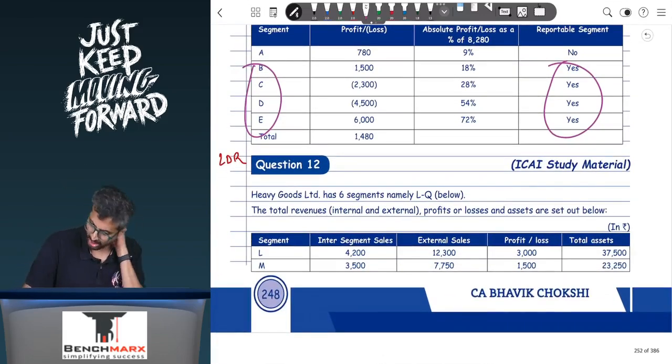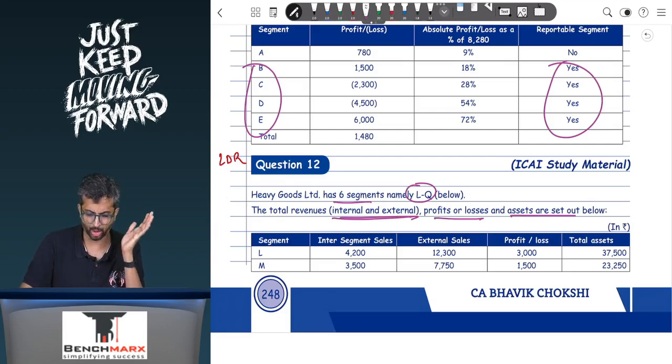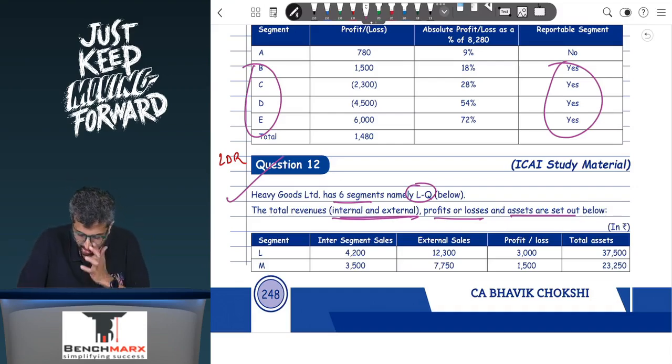Now in question number 12, you have 6 segments from L to Q, and you have been given total revenues. This is the only question where external and internal both are given. Profits and losses and assets are set out below. I will definitely mark this for your last day revision, because I have profits, external, internal, everything covered over here. So if I look at inter segment and external sales together over here,